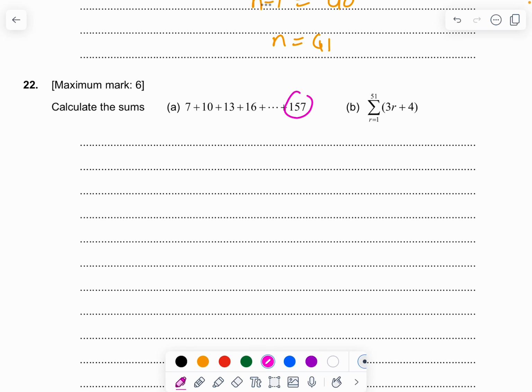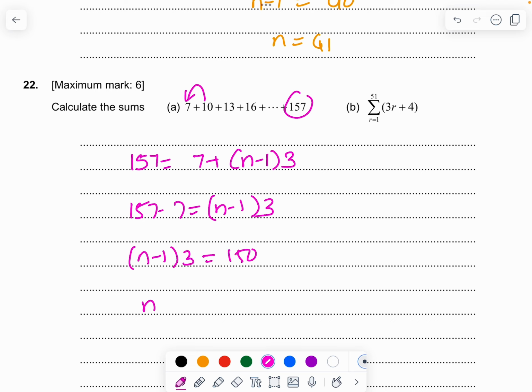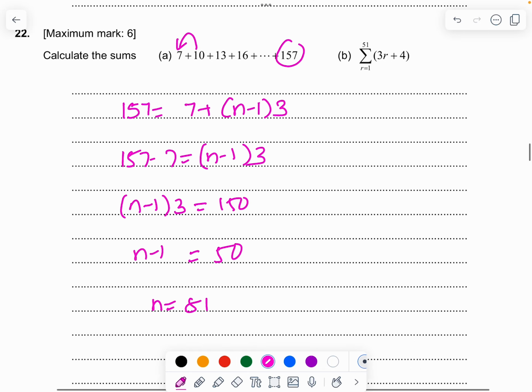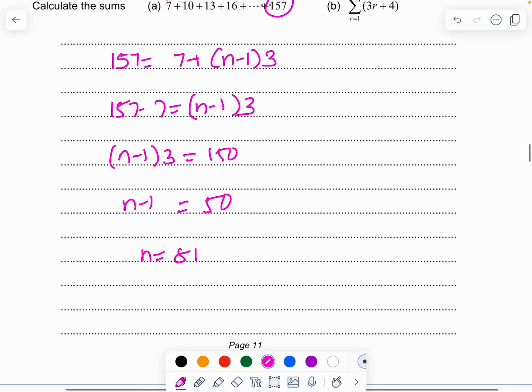Calculate the sum. Again, we don't know which term that 157 is. So 7 plus n minus 1 times the common difference. Common difference is 3. 157 minus 7 equals n minus 1 times 3. n minus 1 times 3 equals 150. n minus 1 equals 50. n equals 51. Once I know n is 51, I am going to do S51, which is 51 by 2, first term plus last term. Simplify that, you should be able to get that answer